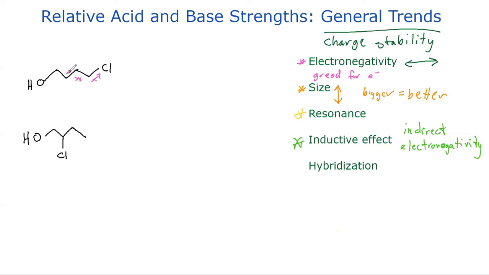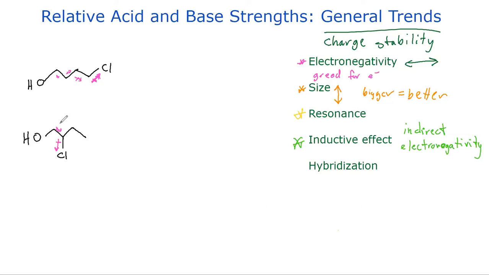And that inductive effect, I'm trying to draw these arrows smaller and smaller as we go, falls off quickly with distance. So it's going to be a lot stronger the closer the electronegative element is to the source of the charge, in this case the oxygen that'll become